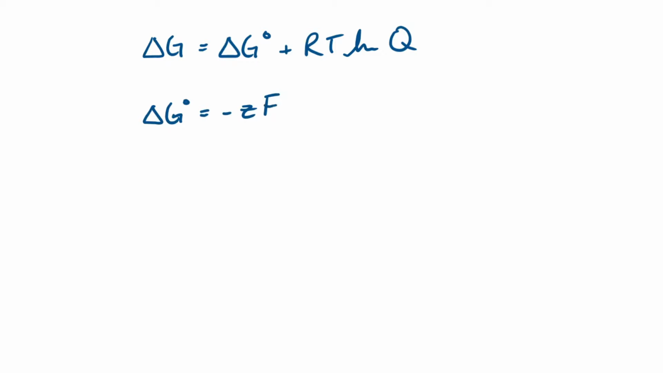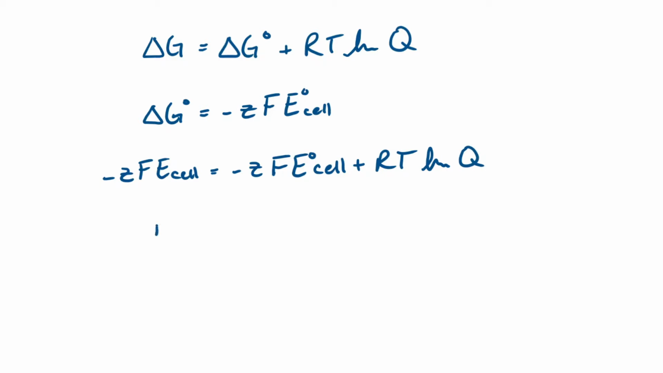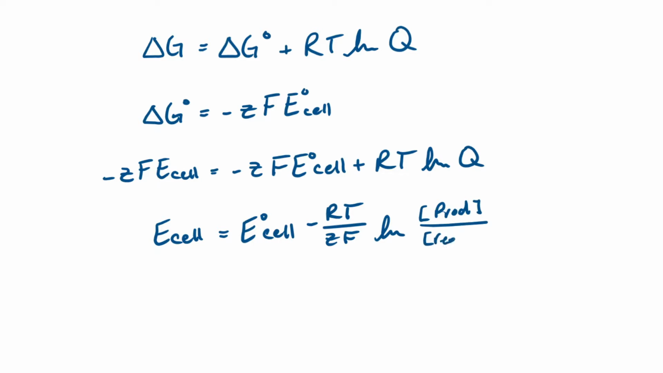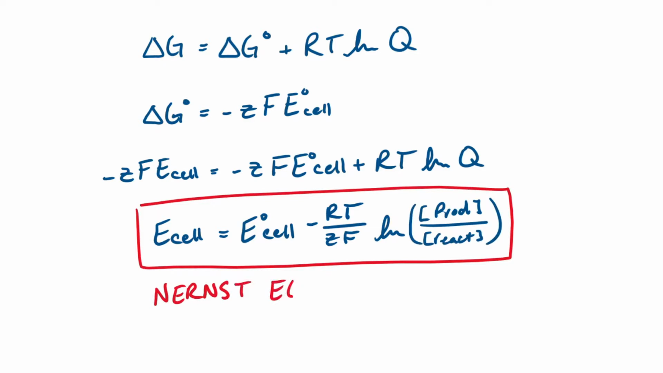And since the standard Gibbs energy is related to the standard cell potential, then we can combine these equations to determine the cell potential that we should expect outside of standard conditions, which is: the cell potential equals the standard cell potential plus RT over zF times the natural logarithm of the concentration of the products divided by the concentration of the reactants. This relationship is called the Nernst equation, named after Walther Nernst, one of the people credited with